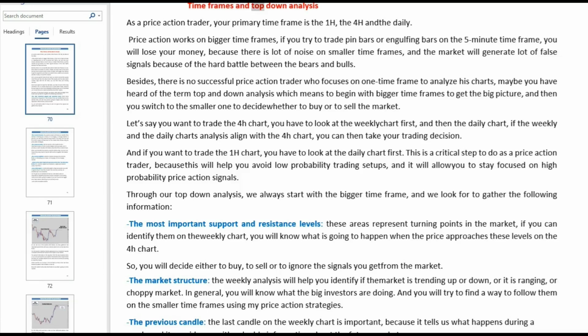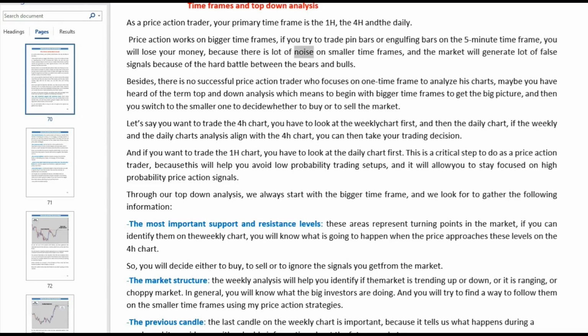Time frames and top-down analysis. As a price action trader, your primary time frames are the 1H, the 4H, and the daily. Price action works on bigger time frames. If you try to trade pin bars or engulfing bars on the 5-minute time frame, you will lose your money,